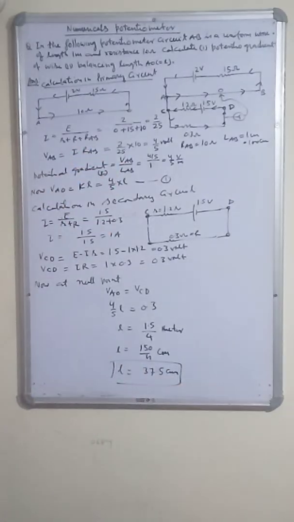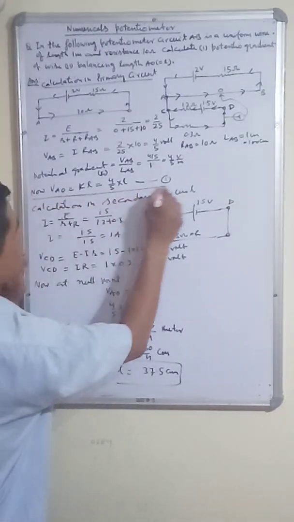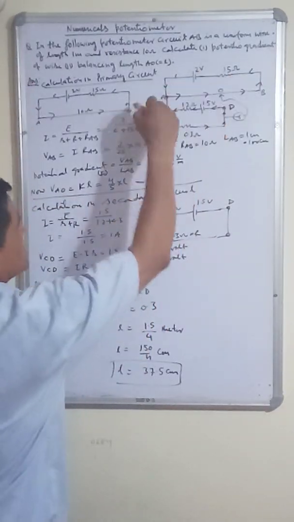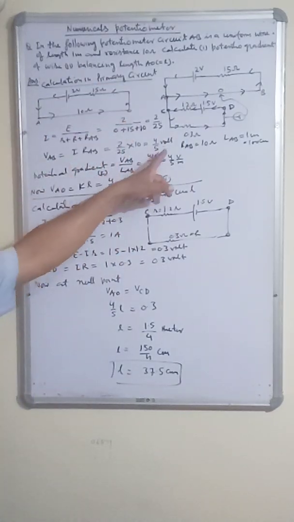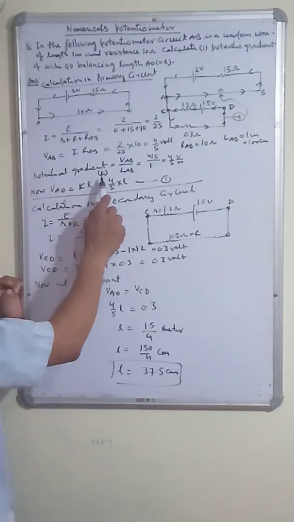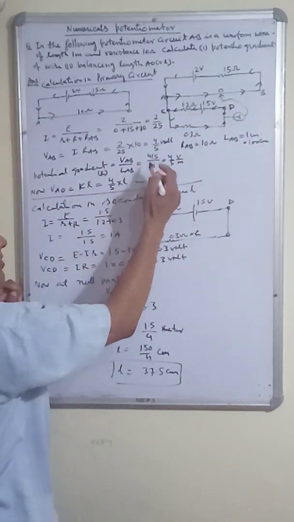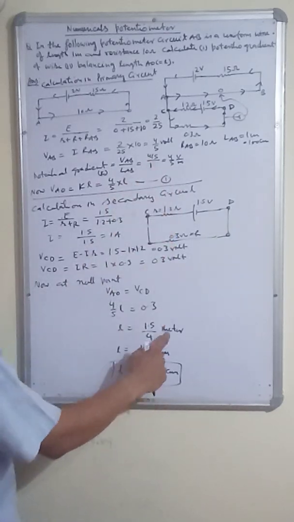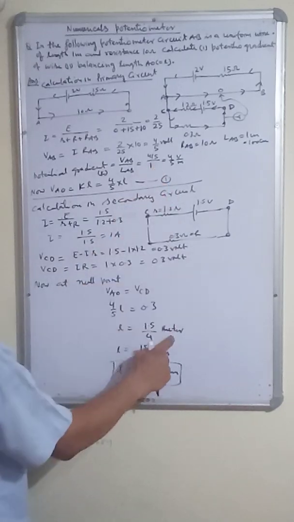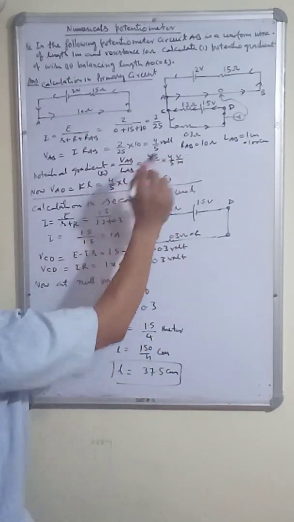So the only technique to solve this problem is, first you do the calculation in the potentiometer circuit, you take it separately, you find the current, then you find the potential gradient. How do you get the potential gradient? K is equal to V by L. You find the voltage across the wire and divide by its length. You can also take it in centimeter. Then the answer will be directly in centimeter, because I have taken meter, so it will be in meter. So VAB is 4 by 5 upon L, so it comes out to be 4 by 5.